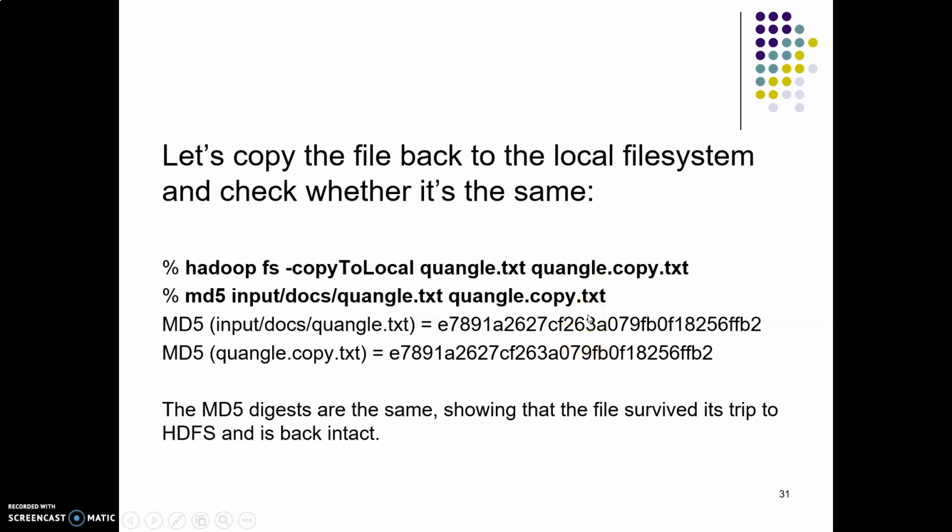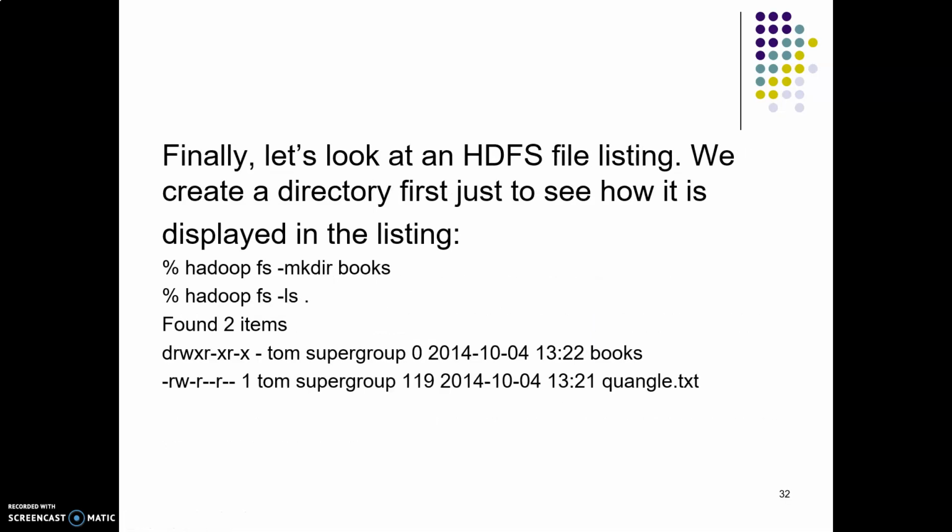So the file is intact, and we can conclude that the file has been uploaded properly. Similarly we can make use of mkdir for creating directories and list the directories by using the ls command. Here we can see books is a directory and consul.txt is the file. So with this we conclude this session.